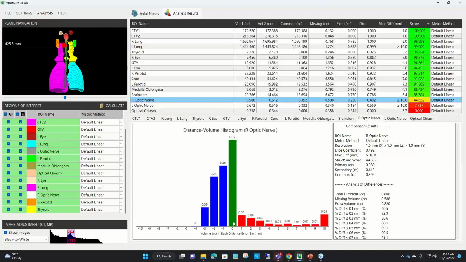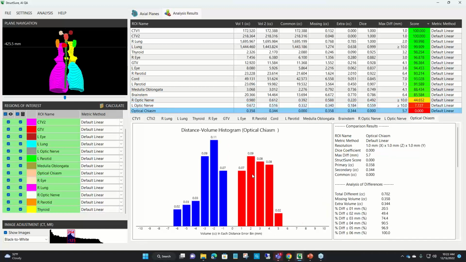Sure enough, we have good agreement here, but gosh, a lot of extra overshooting in this particular area, going 1 millimeter out, meaning in the extra, I've overshot. Quite a bit here too, quite a bit actually on the undershoot. And then of course you can get to some really bad ones here.